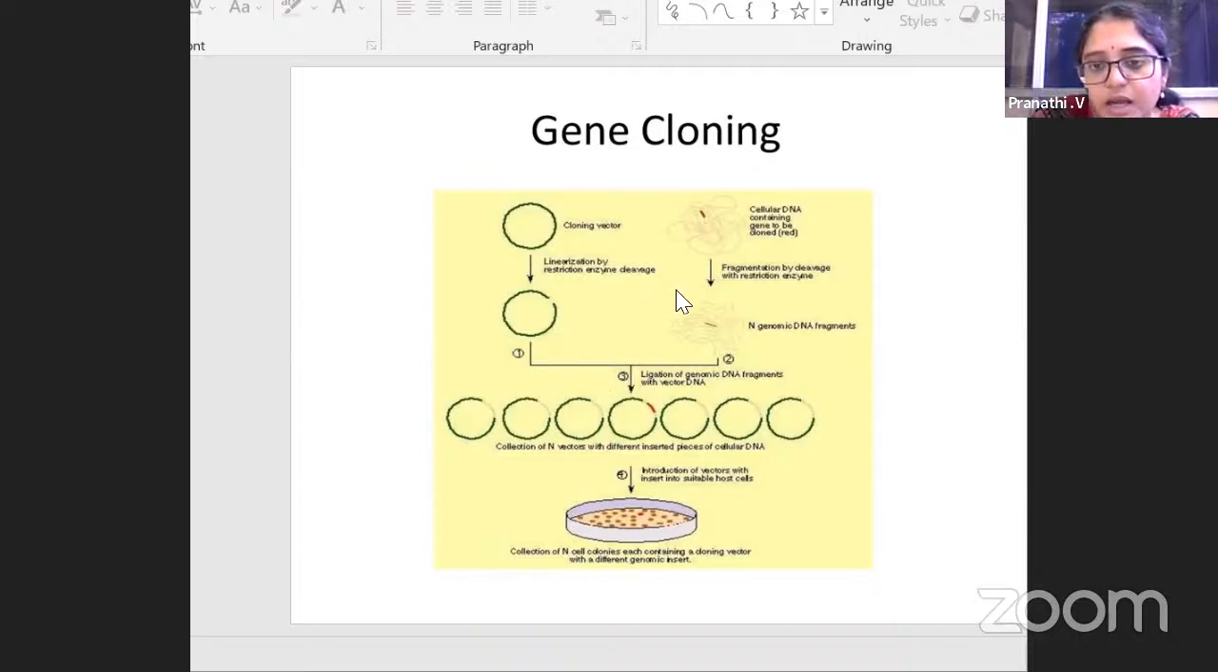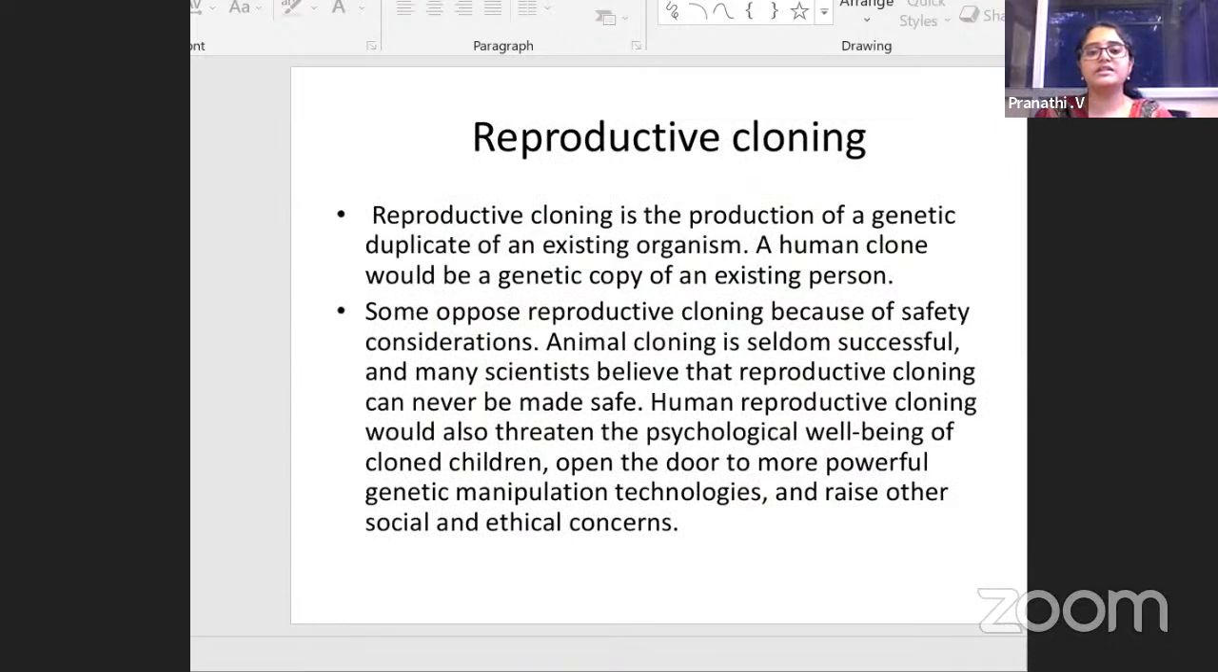After that, you have cellular DNA again. The same restriction endonucleases act upon it, so you get the same complementary sites. Then linearization, with the DNA inserted inside the cloning vector. Then this vector with the different DNA inserts is introduced into suitable host cells. So this is how gene cloning or DNA cloning is done, with production of a genetic duplicate